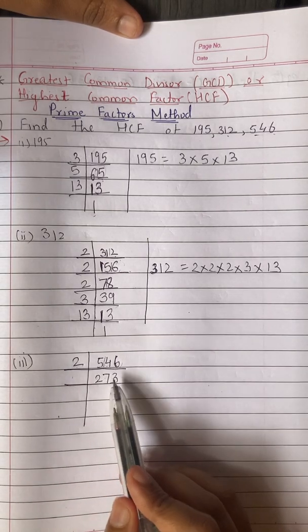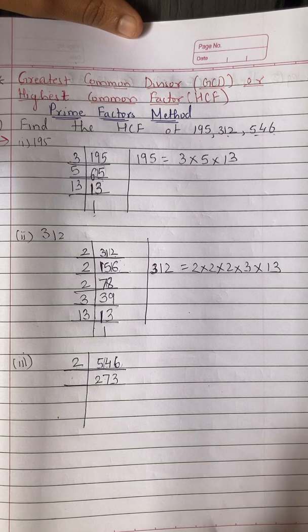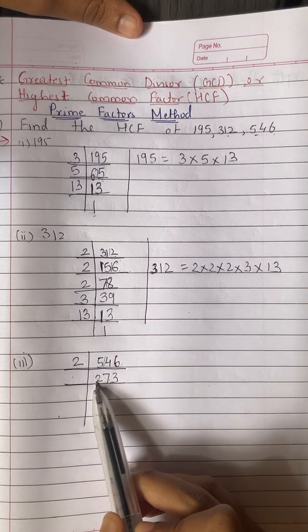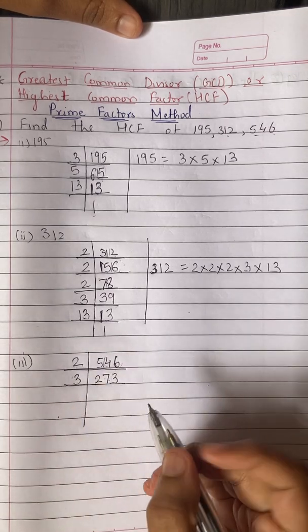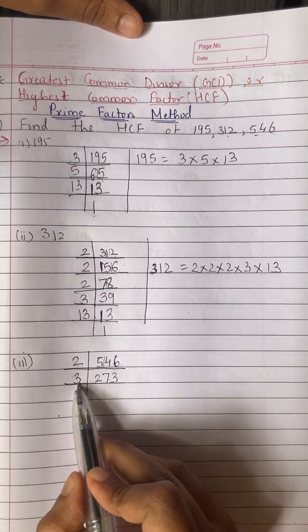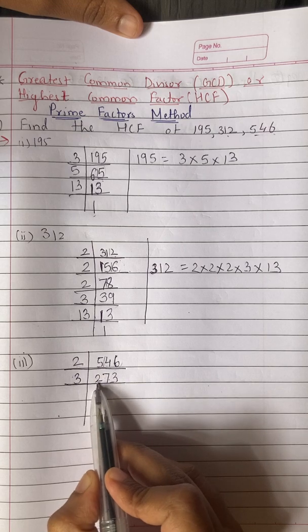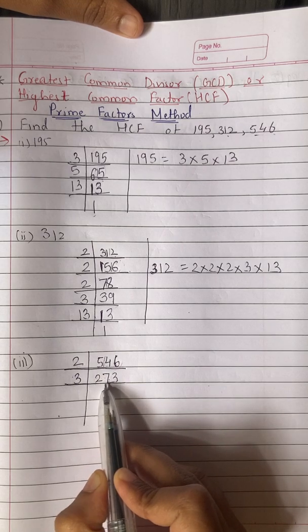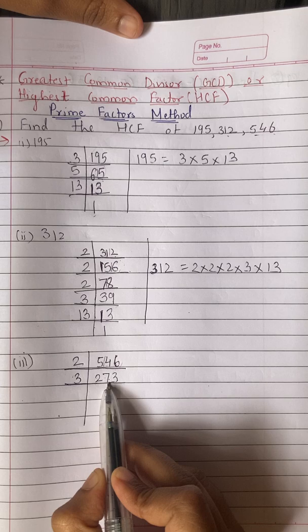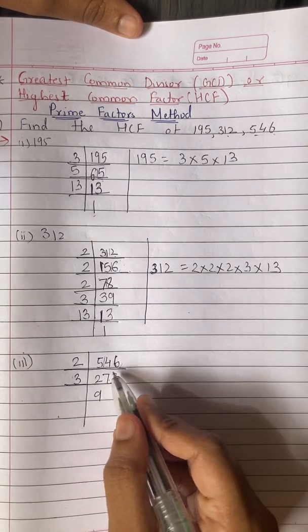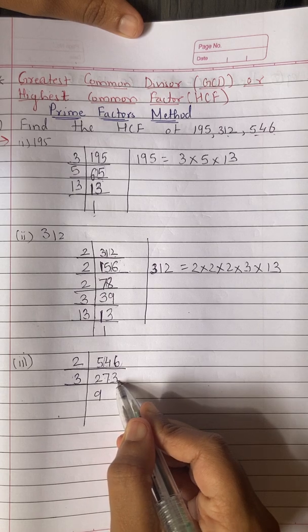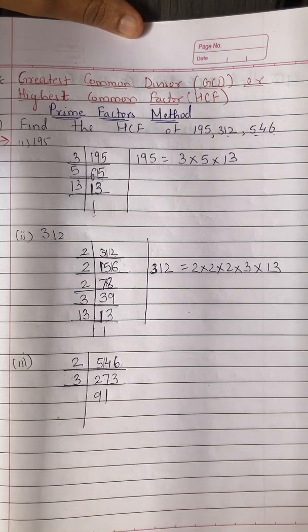Now you add all the numbers and see whether it comes in 3 or no. So 7 plus 3 is 10. 10 plus 2 is 12. And it comes in 3's table. So write down 3 over here. So 2 is less than 3, so we cannot take just 2. We have to take 27 together. 27 does come in 3's table. And 3 9s are 27. So we have taken whole 27 and remaining is 3. So 3 1s are 3.